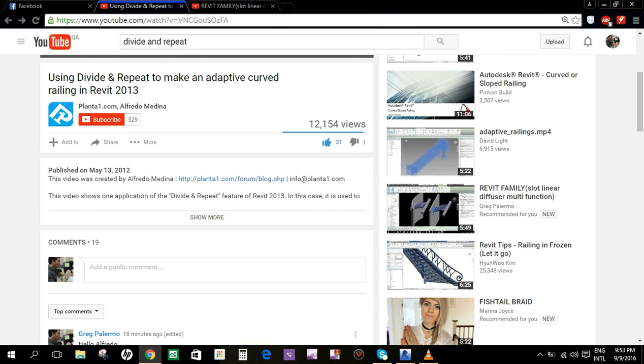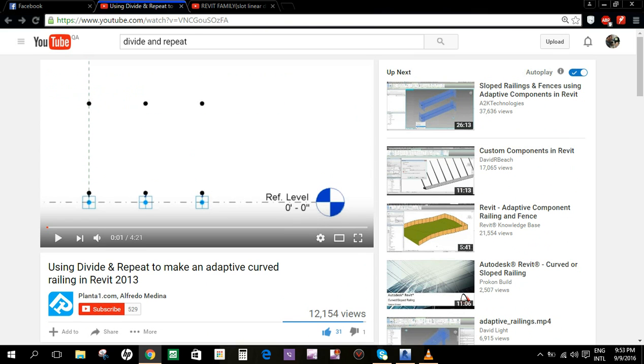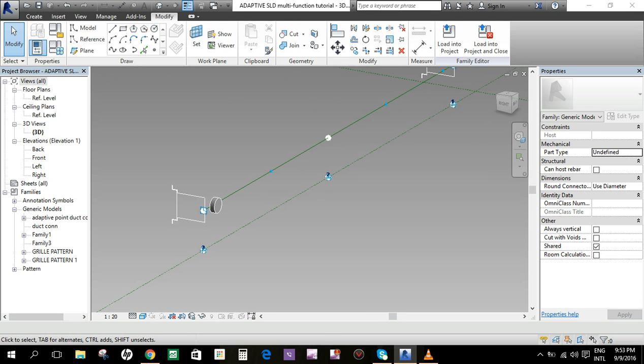After you study this one, please follow the same steps. After you master creating this one, then you can apply it in our slot linear diffuser multifunction. So you must master this simple curve railing in Revit 2013 using divide and repeat. Okay? Go back to the family.